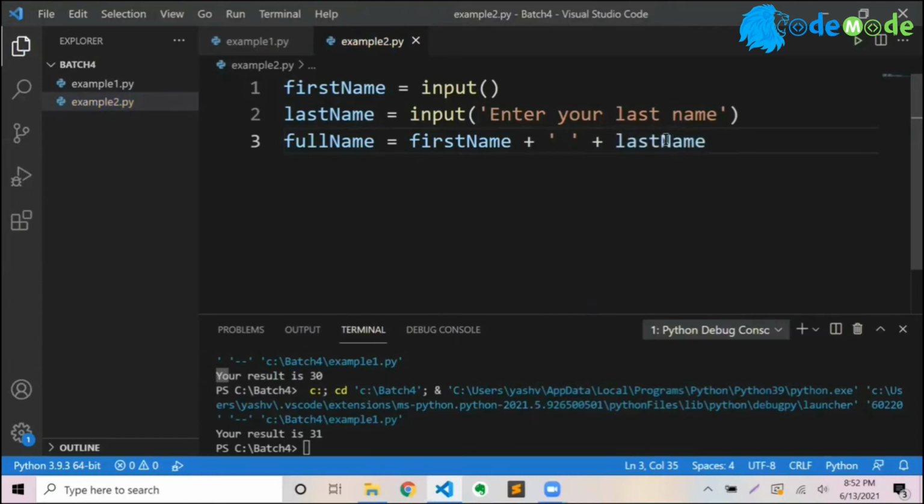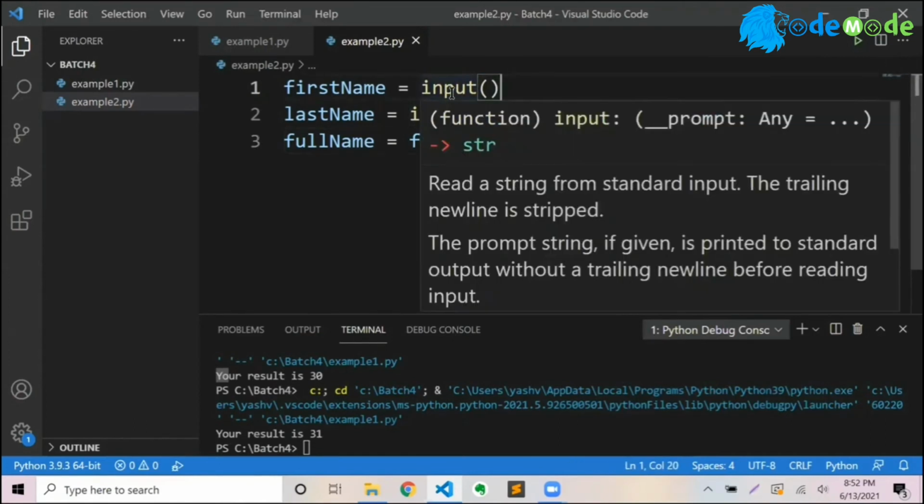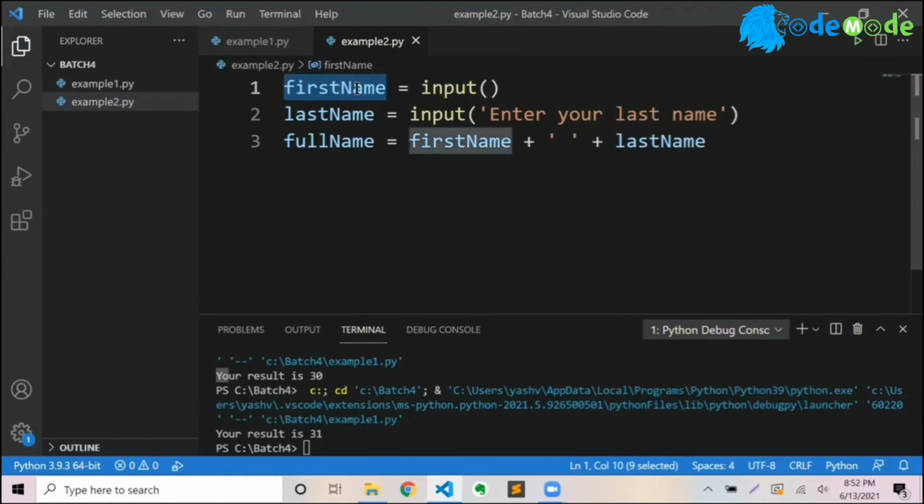Now you'll notice one more thing, the color, or what we call syntax highlighting. The input is a command, a function given by Python to you, so it is in yellow. The variable you declare is blue. You can see it's blue in color. All the fixed messages you give are in this color, enter your last name.